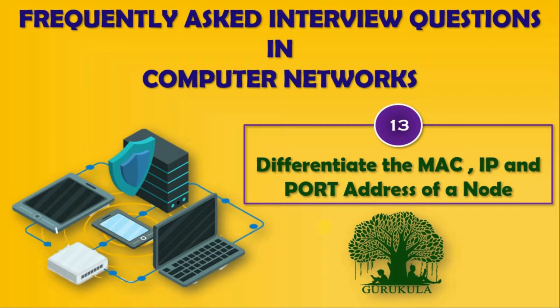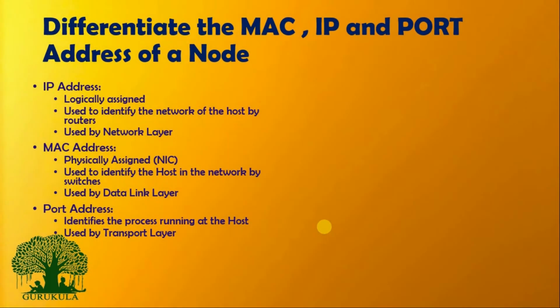I am Jai. So in this video we are going to take up the question, the difference between MAC address, IP address and then the port address. There is no wonder that a node that is connected on the internet will have three addresses. Yes, the first one is IP address, the second one is MAC address and the third one is port address. So this video will help you to clarify why do we use three addresses for one single node that is